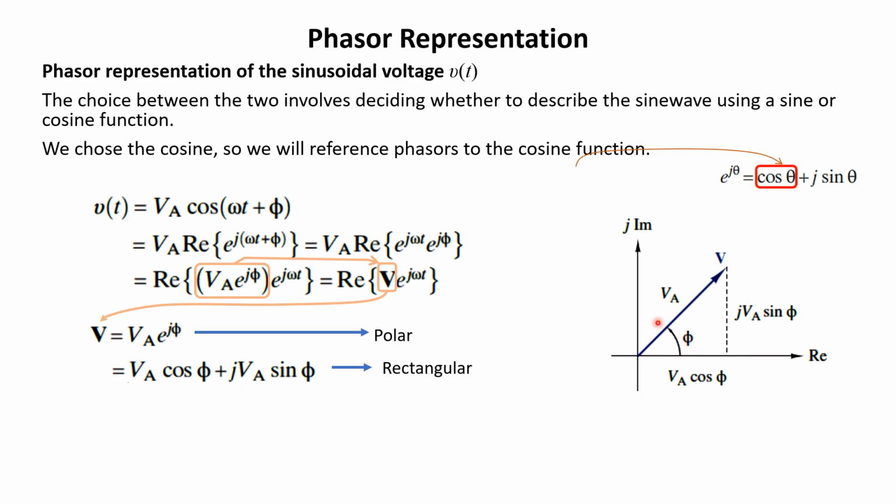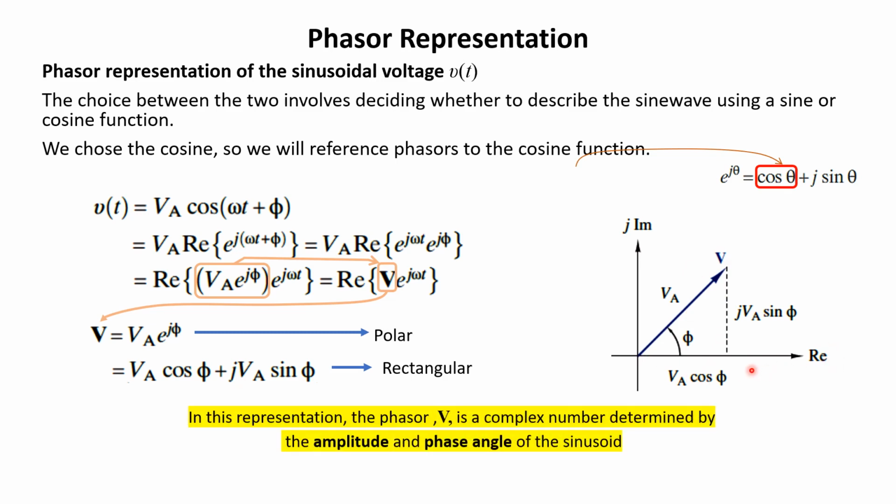This angle may be positive. Note that in electrical engineering, counterclockwise angles are considered positive and clockwise angles are considered negative. So this angle may be negative, may be positive. Note that of the two components of this phasor V, the vertical component is the imaginary part and the horizontal component is the real part. In this representation, the phasor V is a complex number